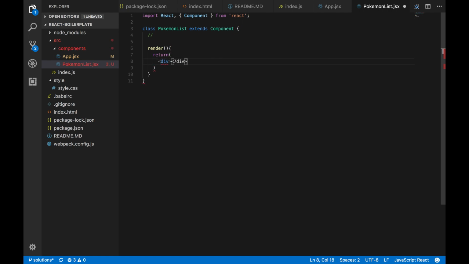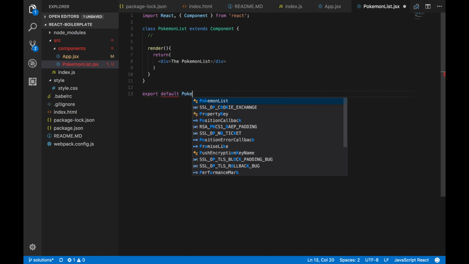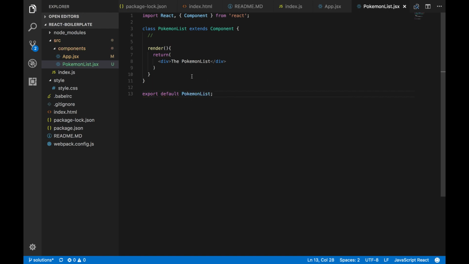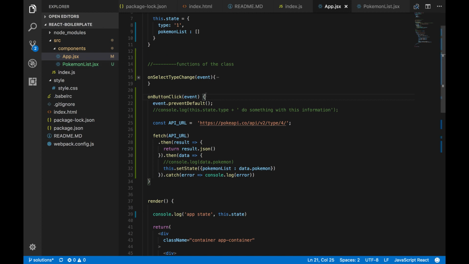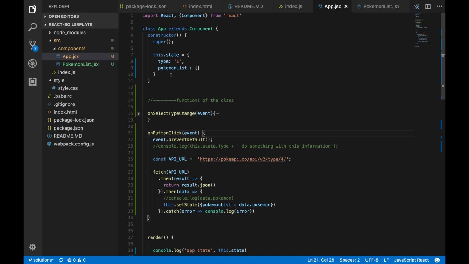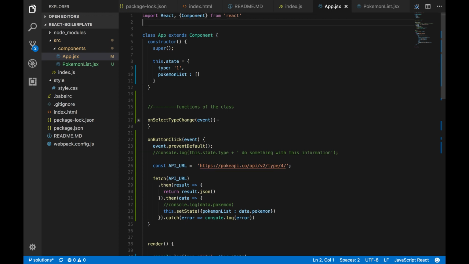And this div is saying hello or the PokeList. Let's name it the PokeList. Pokemon list, I'm sorry. The Pokemon list. And we have to export it, export default Pokemon list. And to make use of it, for sure, we have to import it at the very top of